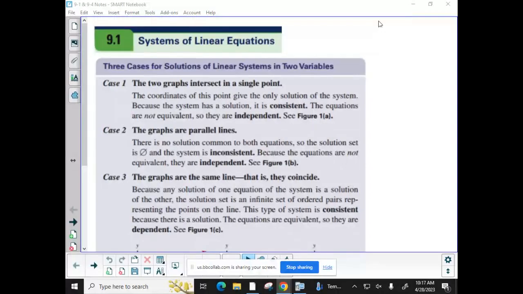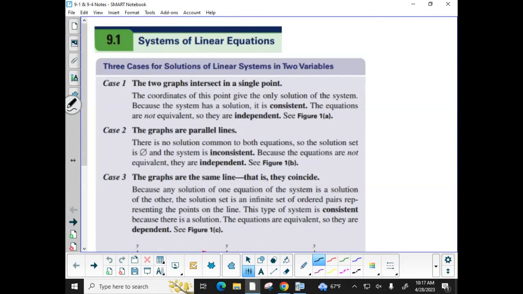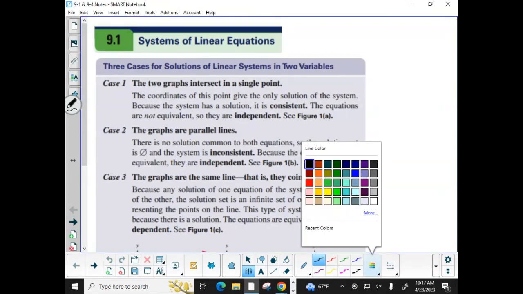Alright, so today we're going to talk about lessons 9.1 and 9.4. 9.1 is the systems of linear equations, which is pretty straightforward. You've probably already seen this. Linear equations, we're talking about straight lines. So if you have straight lines on graphs, and the system means multiple graphs on the same axis, right? So